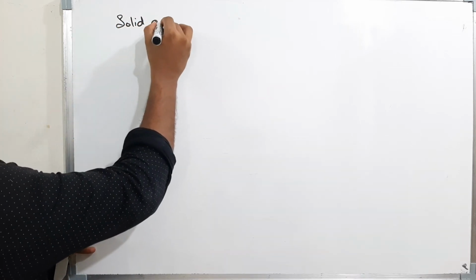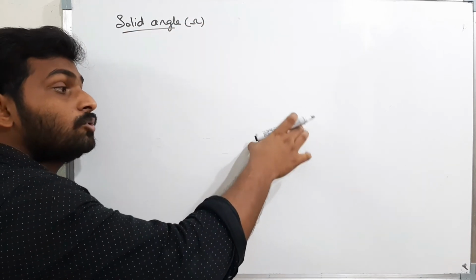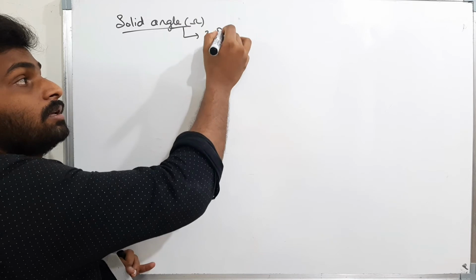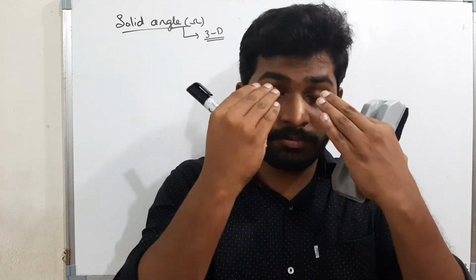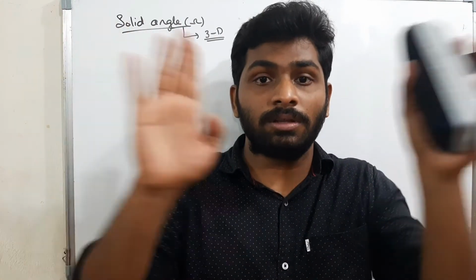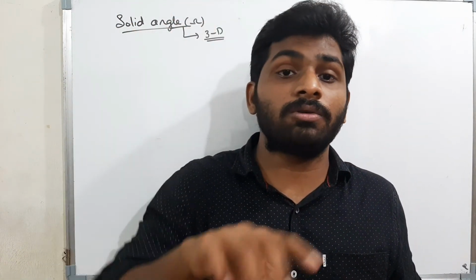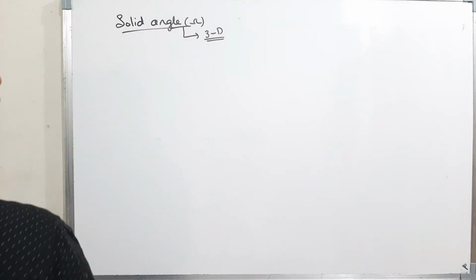What is solid angle? Now see here, what is a plane angle? Plane angle is the angle in 2-dimensional, simply in 2-dimensional, but the solid angle is the angle in 3-dimensional. Now see here, if I am standing inside the room, what is the angle subtended by my eye about the wall? There is a wall in front of me. Now what is the angle made? I have to count the angle in this direction. This is the angle. Now in all the directions, three-dimensional, I have to find the angle. That angle is nothing but the solid angle. 3-dimensional angle is nothing but a solid angle.